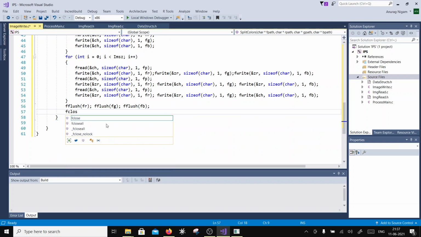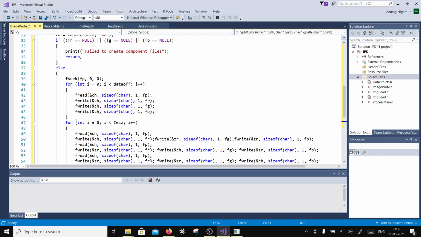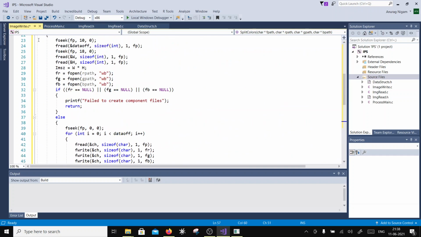Then I can say fclose. I want to close fr, then I want to close fg, and then I want to close fb. Okay, so now I have closed all the streams. So we have done this function,